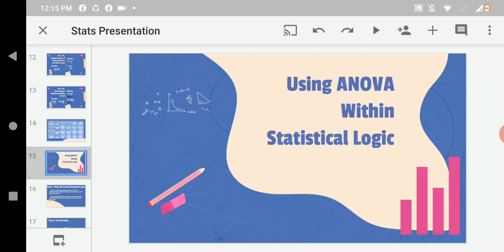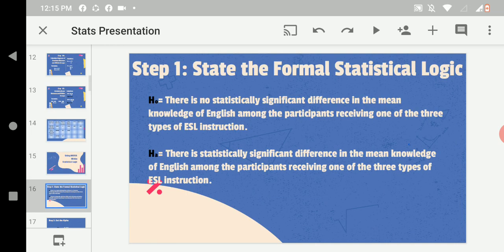Now, after we calculated the data itself, we will proceed to how to use ANOVA within statistical logic. As we all know, Turner follows 10 steps of statistical logic. The first step is, again and again, to state the formal statistical logic. So we have the